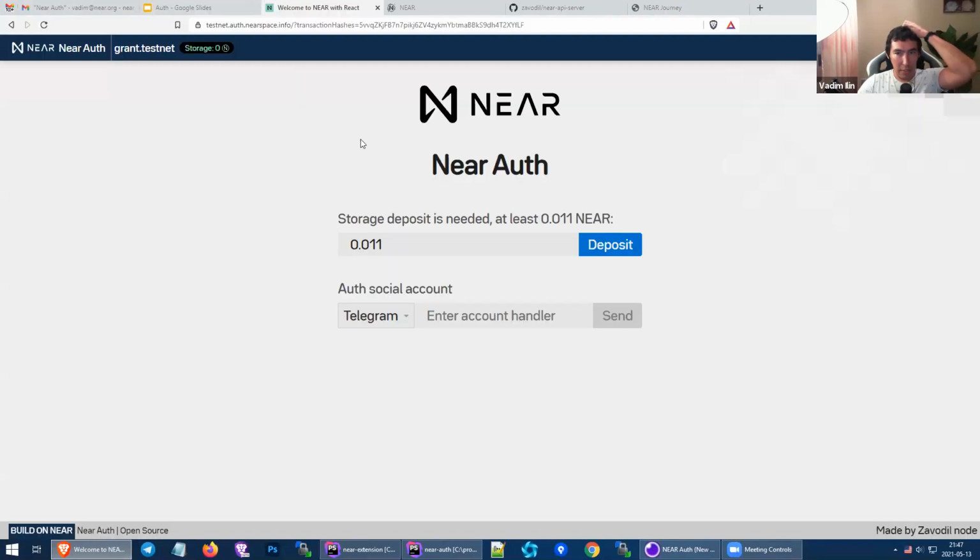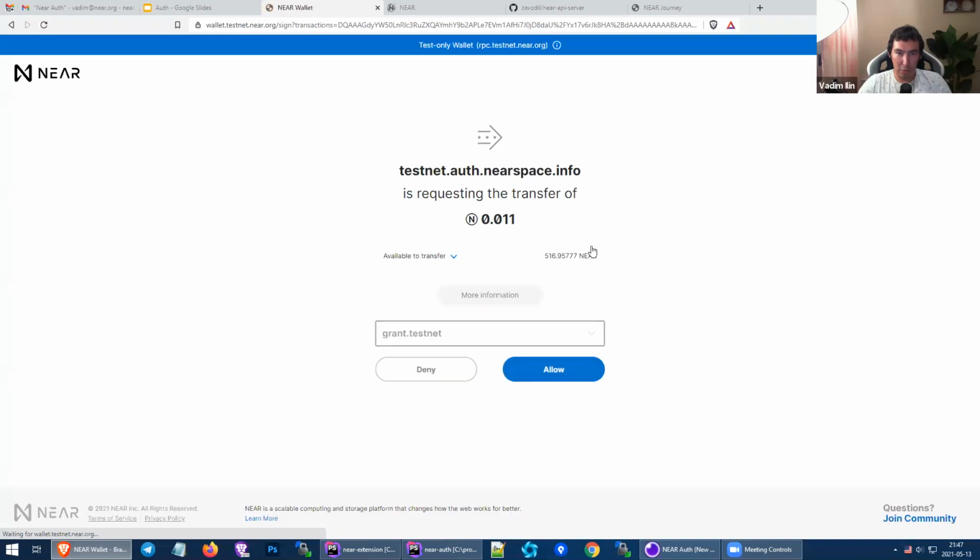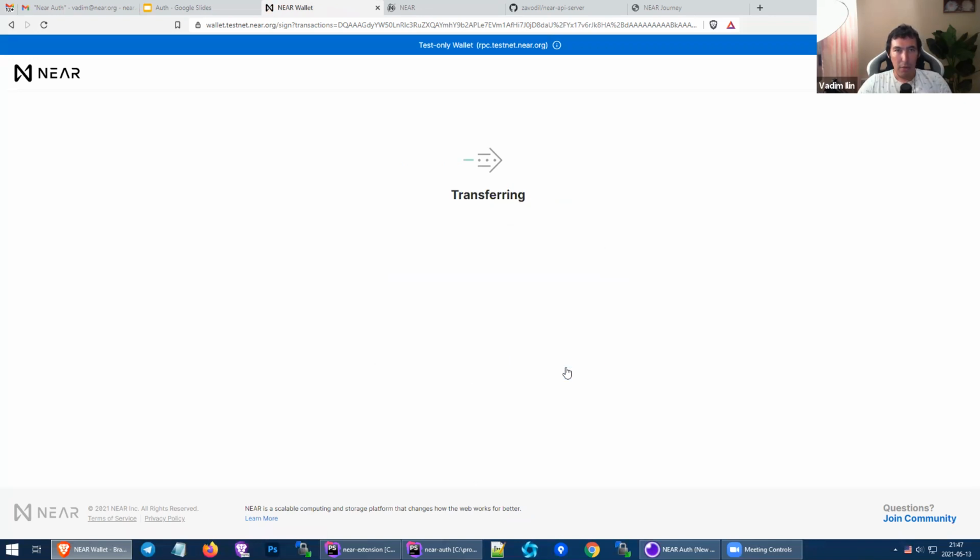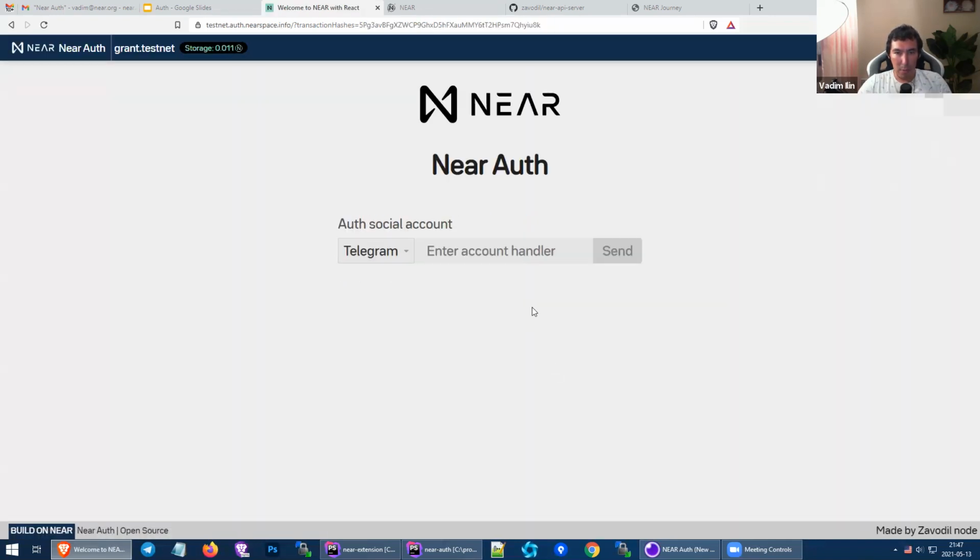Okay, and I will show you the beta version of this. It works on a testnet. For the beginning, I have to put some storage deposit. I put the minimum amount of 0.1 NEAR to create a key. It's not like a normal deposit. It's so you will not create millions of different requests and store some random keys in the state of the blockchain. So at this stage, I will just store deposits here in our application. And from that moment, I will be able to,